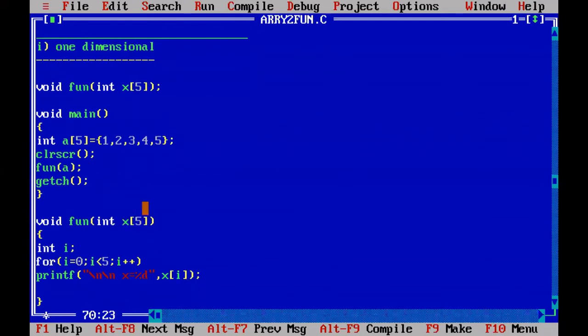Now X will hold all the 5 elements starting with 1 to 5, entering into the function and repeating the for loop from 0 to 4. And whenever it is iterating from 0 to 4, X of 0, X of 1, 2, 3, 4, all 0 to 4, 5 elements are printed in the place of a percentile D. Now you can press here. Before that you change the value, the elements,